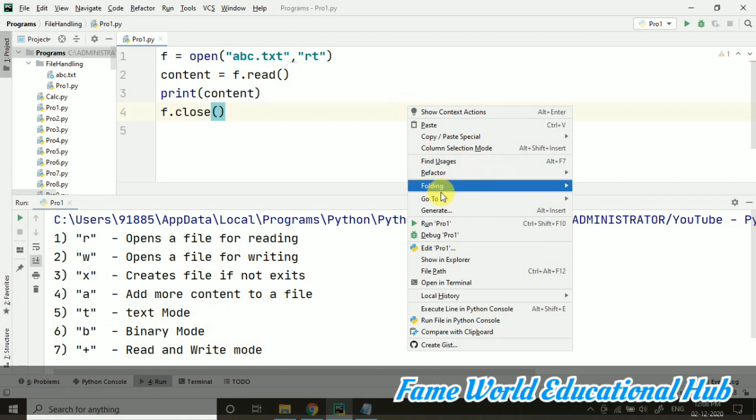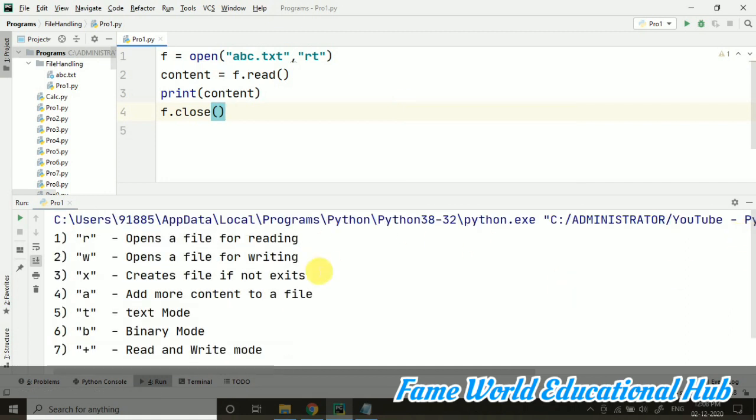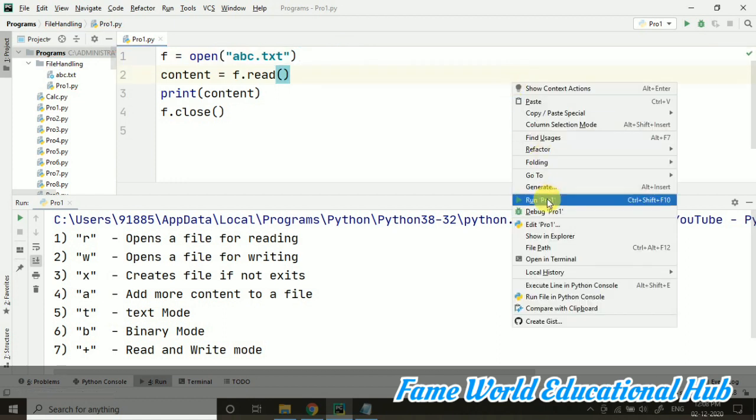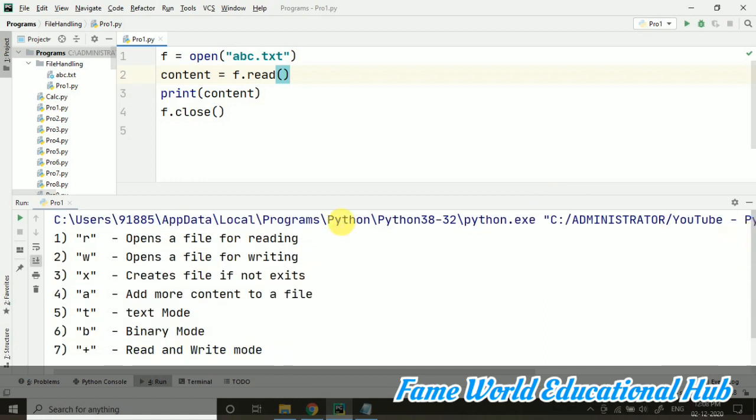read in text format. So here I am running it, and obviously because our file contains text, it will be giving us the text only. But yes, this is the default thing. rt is the default mode. If I am not mentioning any mode here, that means it is taking rt by default. So that is the default mode. I hope this much is clear to all of you. If you have any query, you can put it in the comment section.